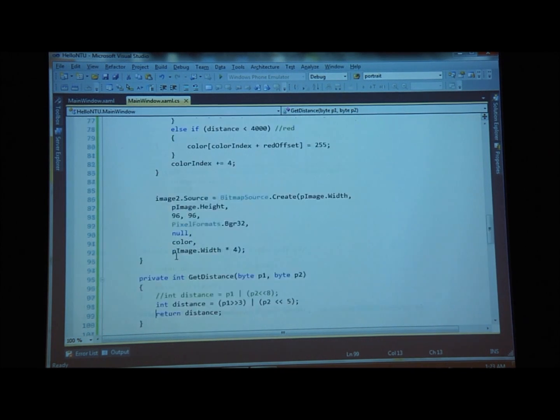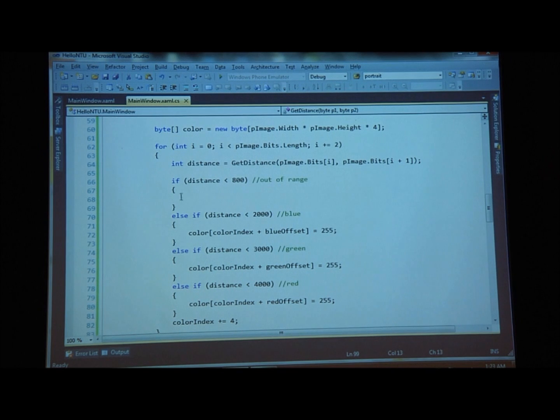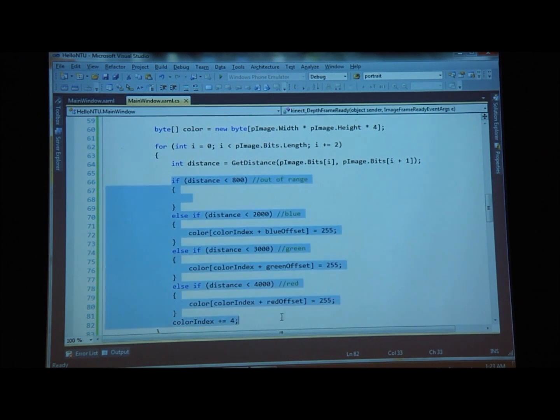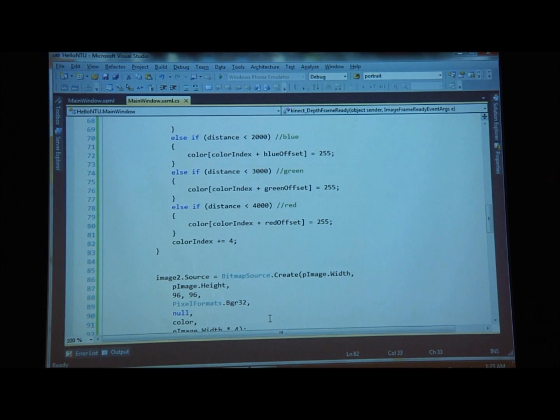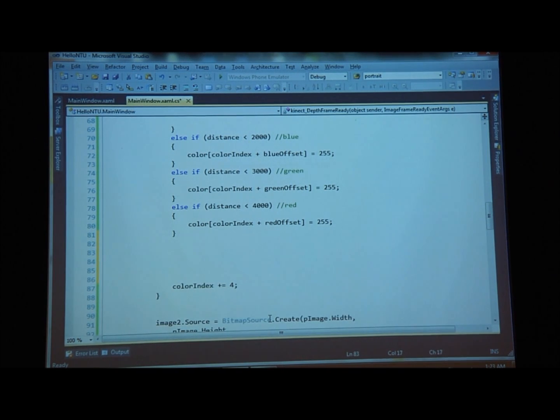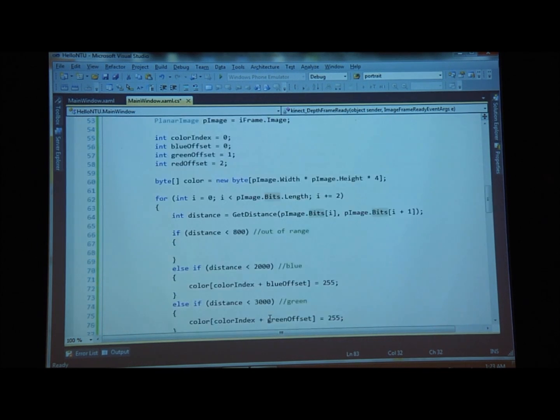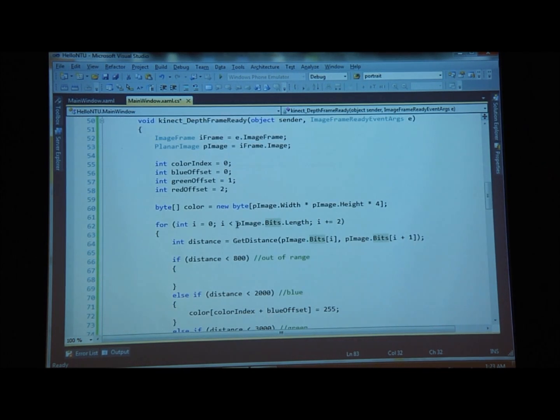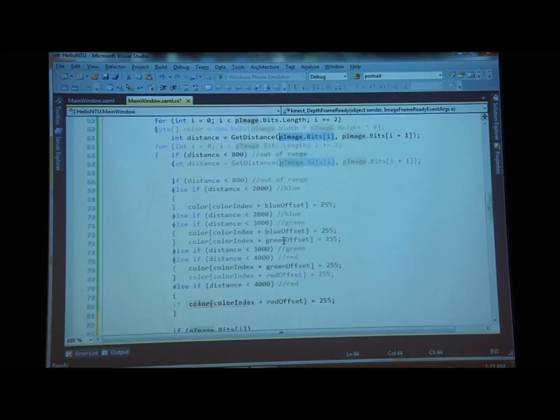Now here's the really interesting part. You know how we're basically doing the measurement here? Let's basically do something like so. I'm going to now extract the last 3 bits from P of I. If P image dot bits I, isn't that what we're looking for? P image dot bits I, right? If the lower order bits, last 3 digits,